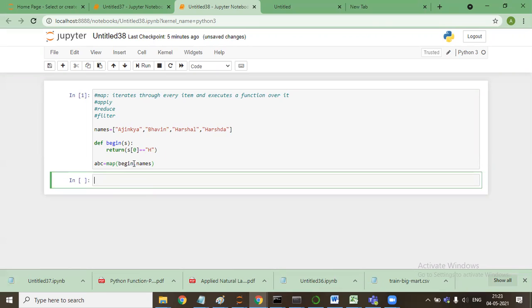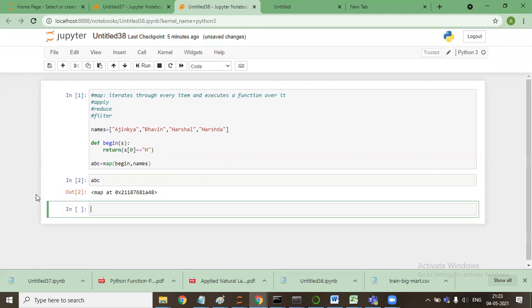Shift enter. Now if I say ABC, it will give a map object, an object of map type, which means at this location, the map kind of a thing.